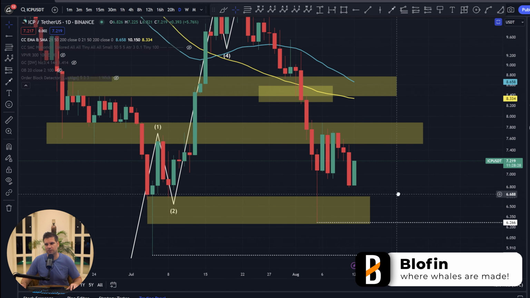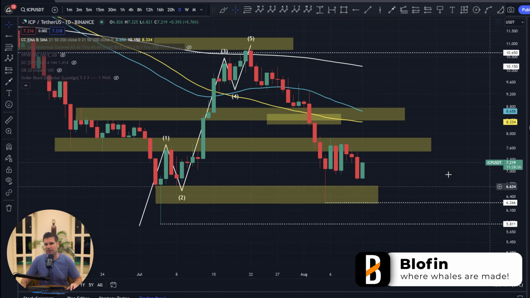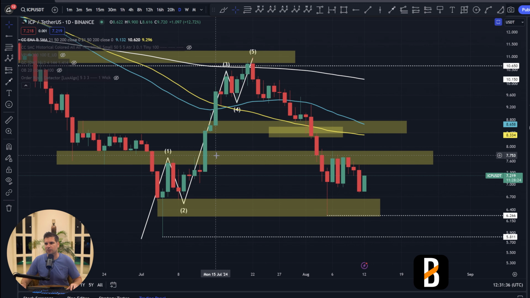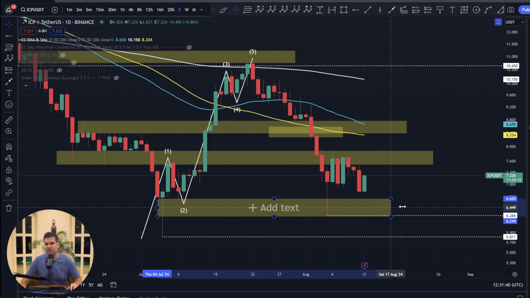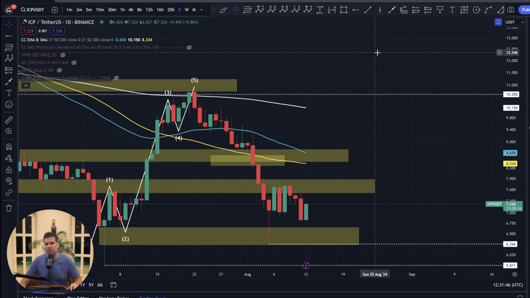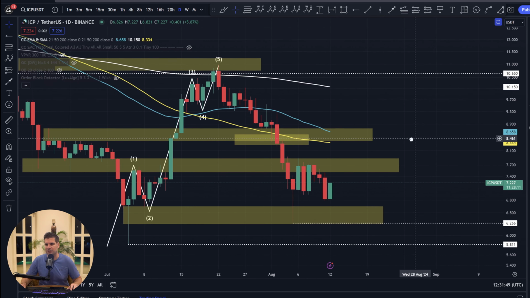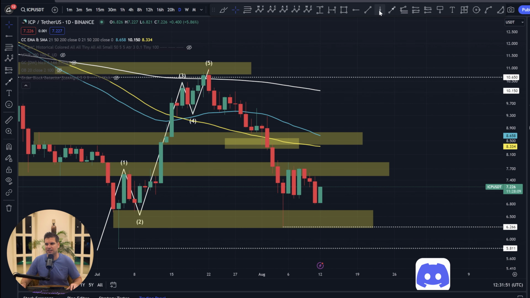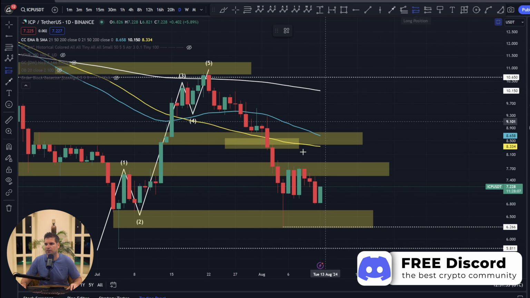Okay, a very inconclusive market at the moment. Wait for the confirmation and trade accordingly. Now, the good news is that we have this 5-wave structure to the upside, and we were expecting this range to hold. Okay, so as this is kind of what we're looking at, our next move could be a massive break to the upside. And if we are to be using leverage trading, we could be capitalizing on a fantastic run to the upside for ICP.